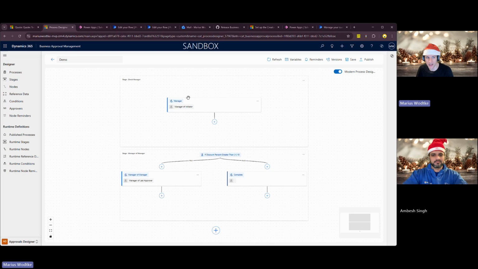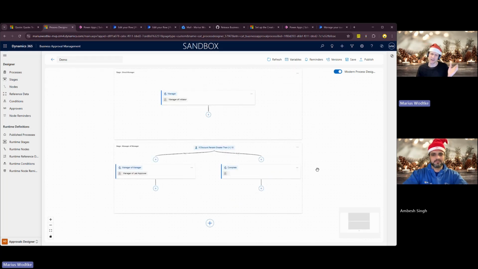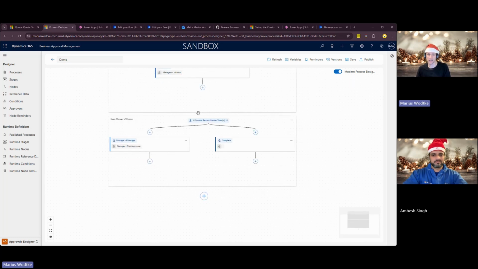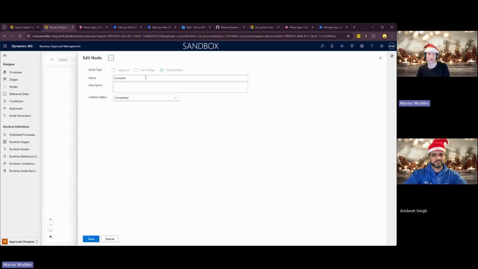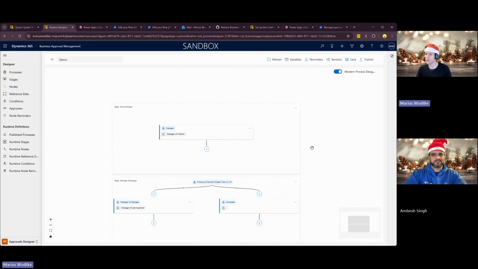So that's the one thing I have here. I've said this is for more complex situations, and I mean, okay, I haven't had such complex things. You could do this with regular flows, but I have set a condition here that if the discount percent is greater than 10%, the manager of the manager, so a second hierarchy step, also needs to approve. Otherwise, we have this end workflow step here, which just sets this to complete, and the other option, for rejected, would be cancelled. That's not everything, because you see we're missing a trigger here,